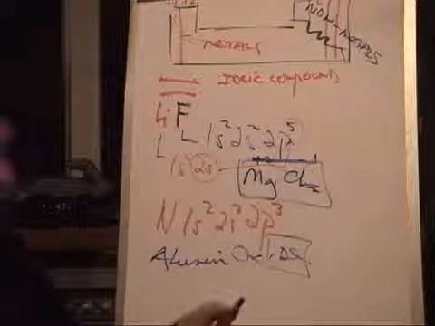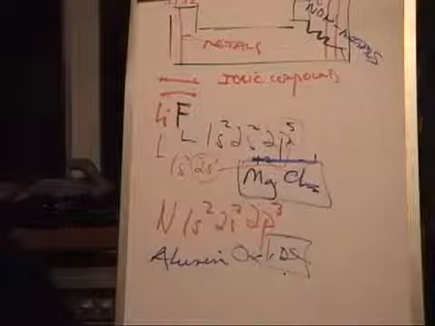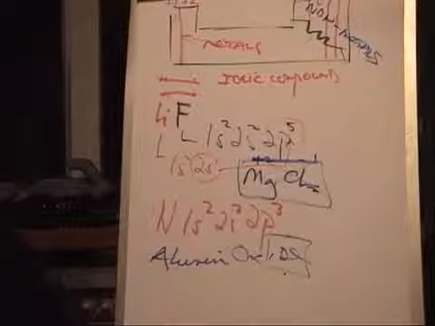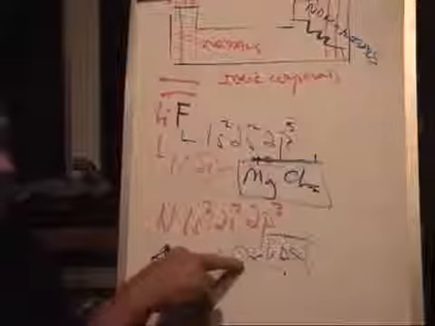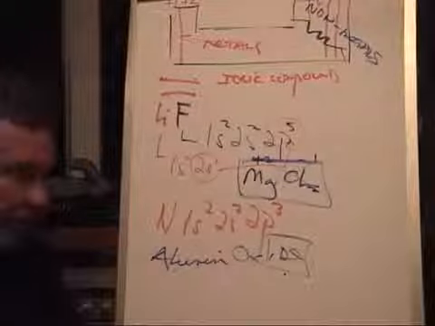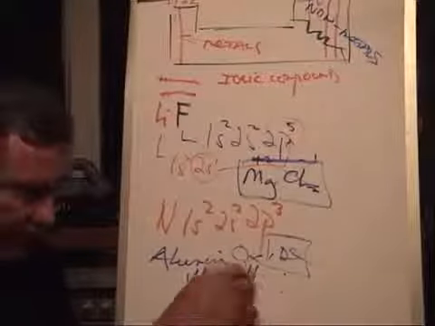Test question alert, binary compounds end in? Ide. Test question alert, binary compounds end in? Ide. All right, so this is really oxygen, but because it's a binary compound, it ends in ide. So you say, okay, we got aluminum, that's Al, and we got oxygen, hidden by the ide, but it's